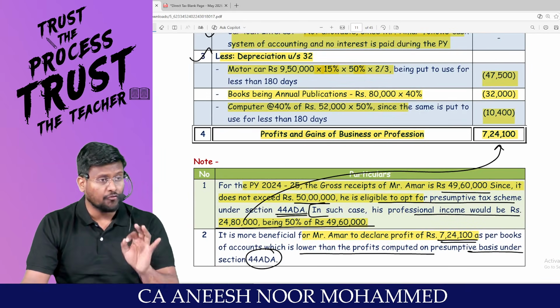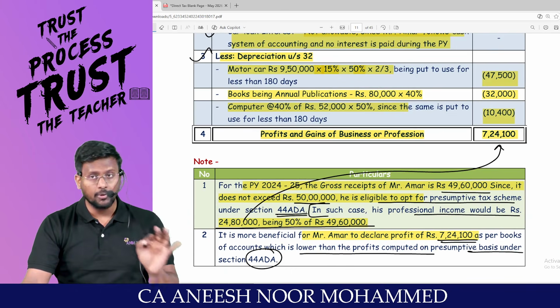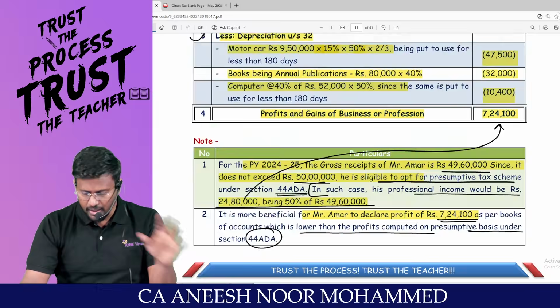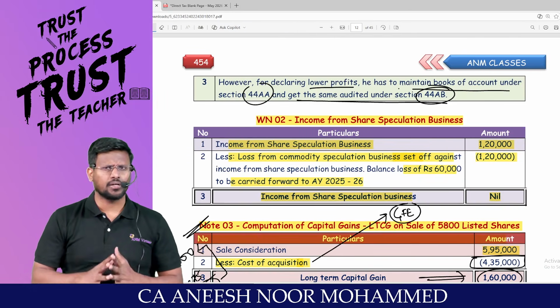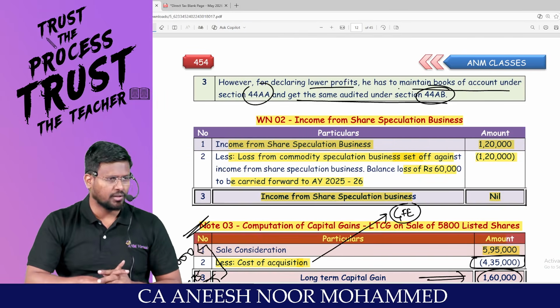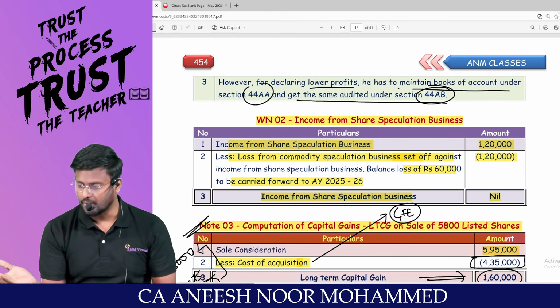A beautiful, fantastic, outstanding question from the receipts and payments account. Are you able to connect all the dots very near to our examination? Yes, sir. Surely you would have got some extra points from this question. I just want to know what the extra points are in the comment section, my dear lovable students.